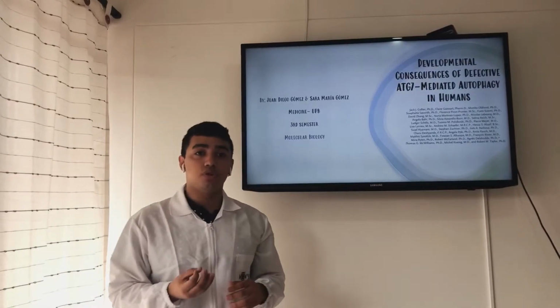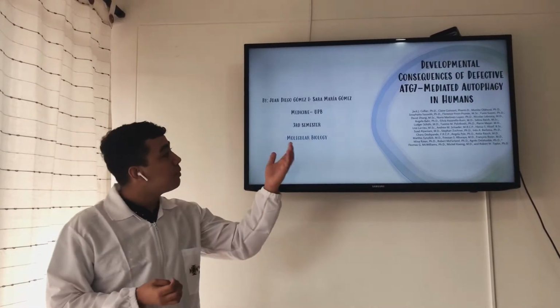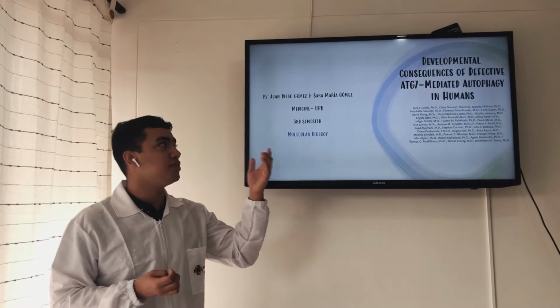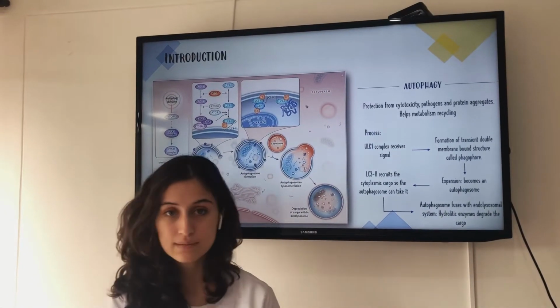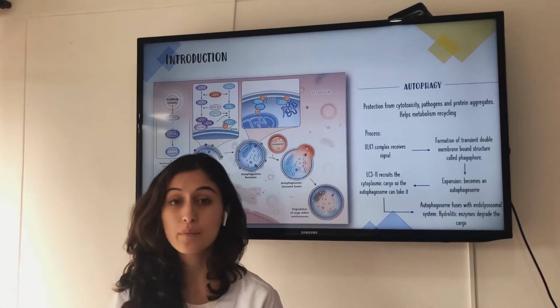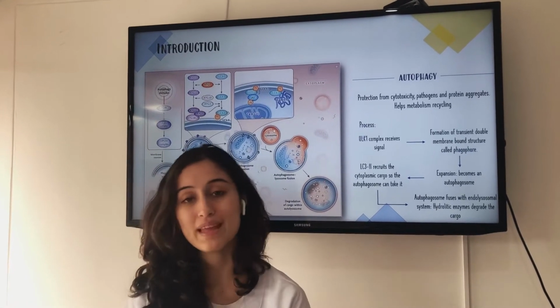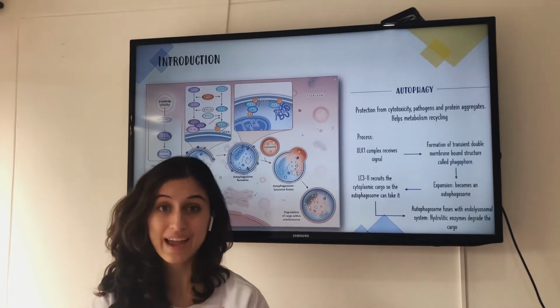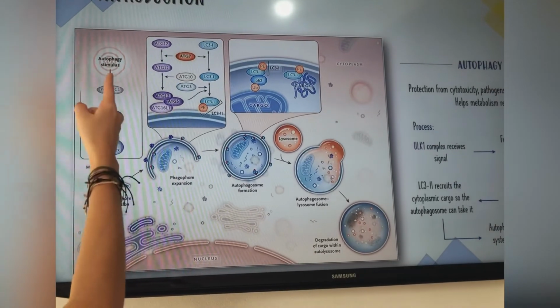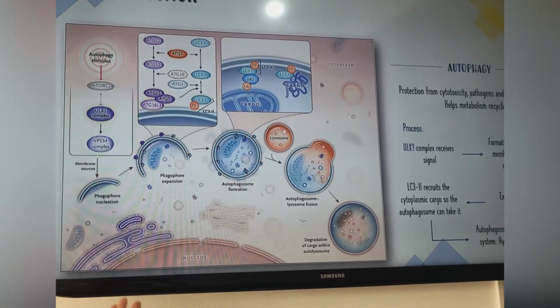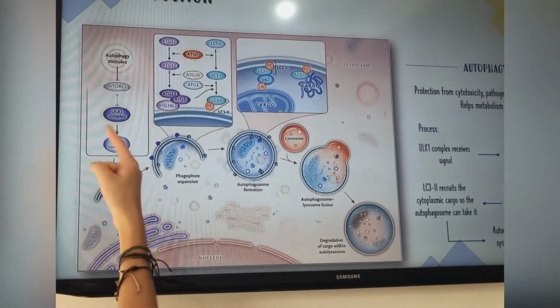And today we're going to talk about an article called Development Consequences of the ATG7 mediated autophagy in humans. Autophagy is a cell mechanism to protect ill cells from pathogens, from damaged organelles, and protein aggregates, and it helps to recycle metabolites. First, we have an autophagy stimulus, that is the signal that is received by the ULK1 complex,